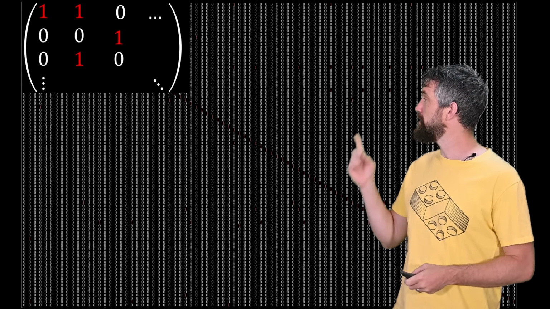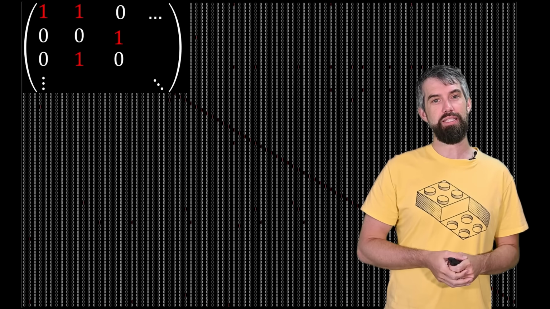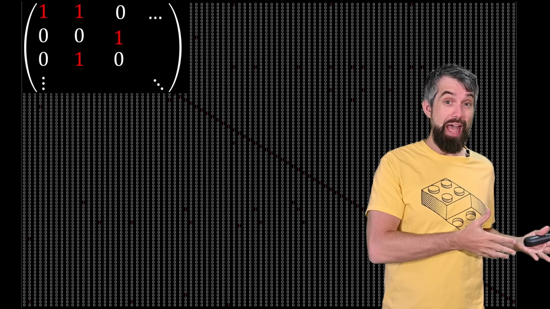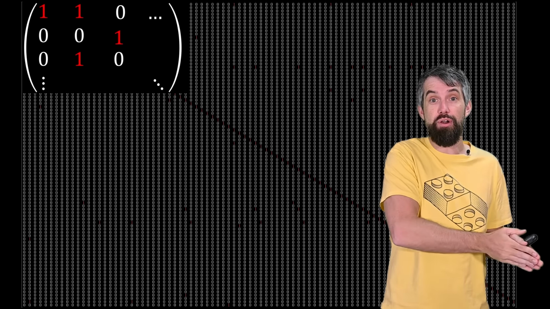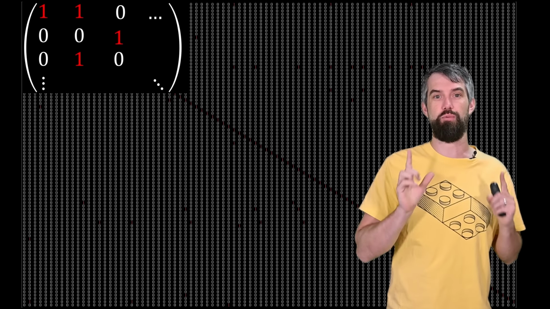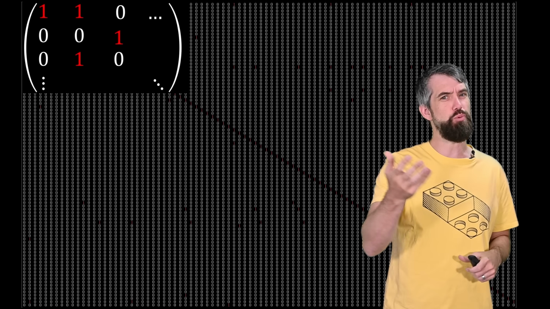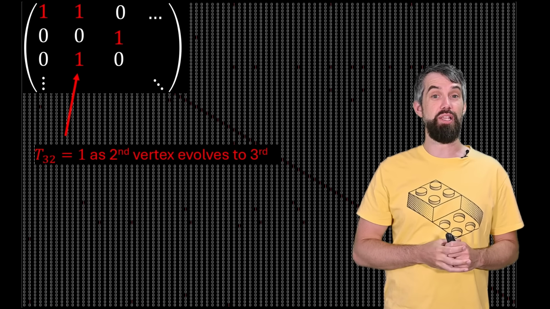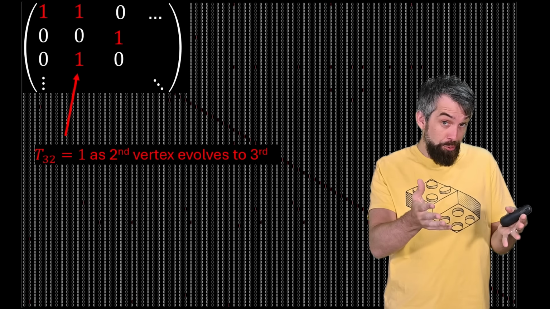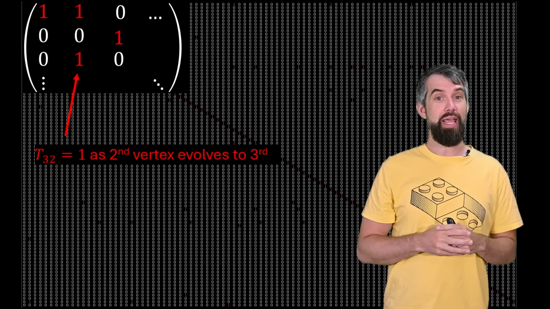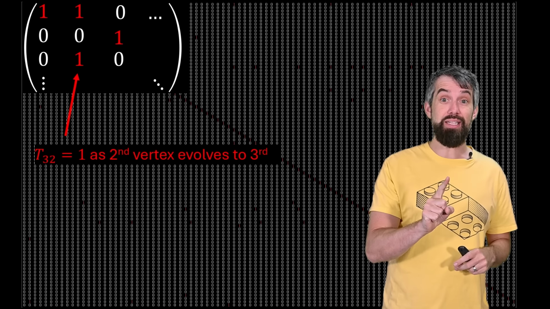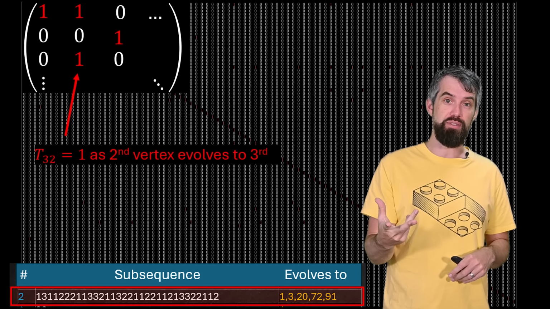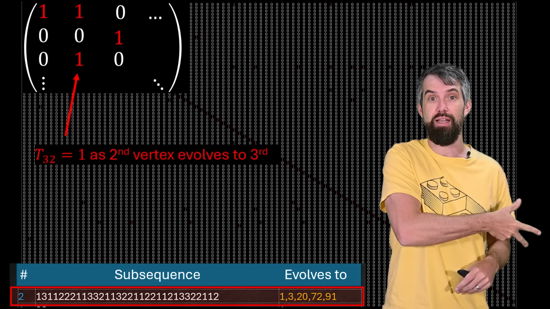I mean, if I zoom in onto sort of the top corner, it looks something like this. Basically, the idea is if in your graph you have an edge from one vertex to another, you put a 1 into this matrix at the right spot. And if you don't have an edge, you put a 0. So, for example, this location here, this is the 3-2 location, third row, second column. And it's going to be a 1 because the second vertex evolves into the third vertex,